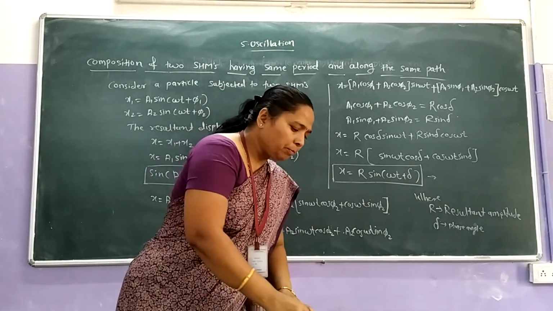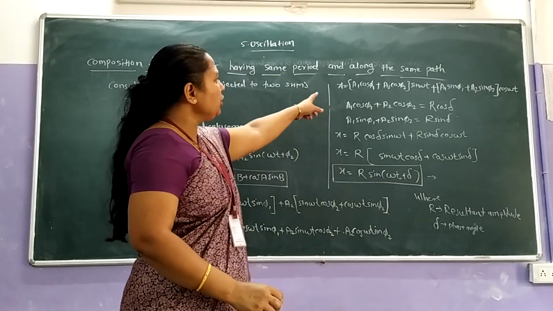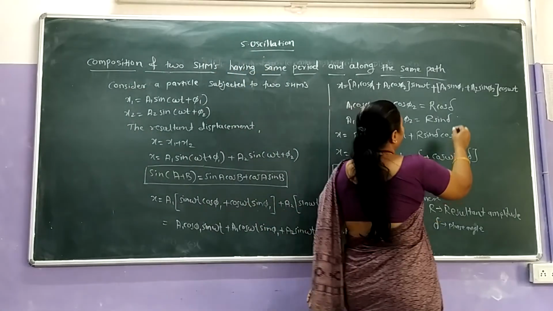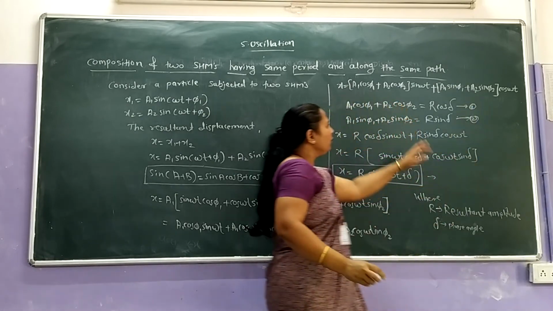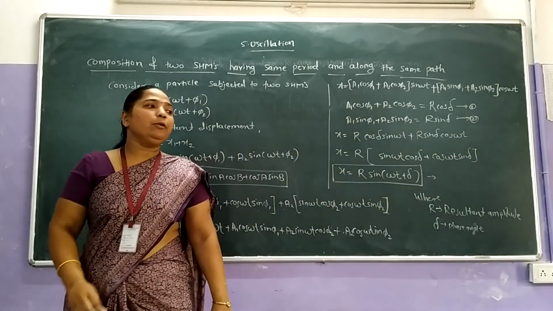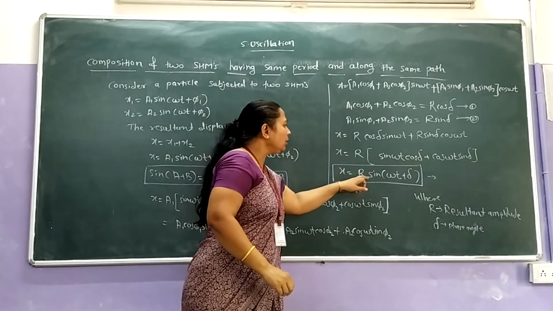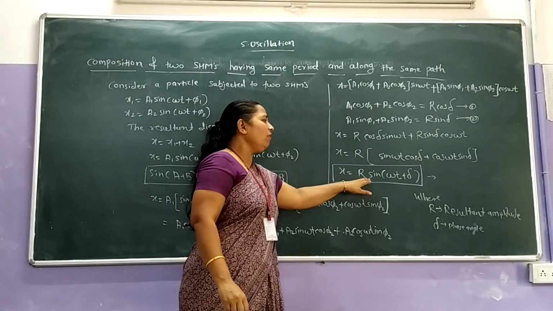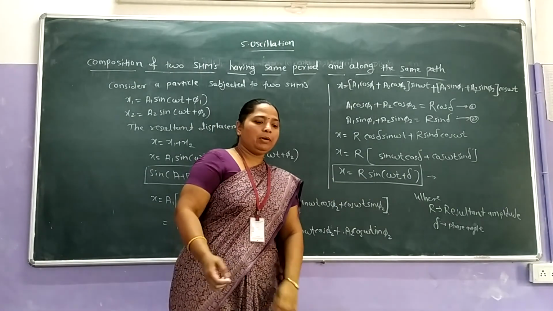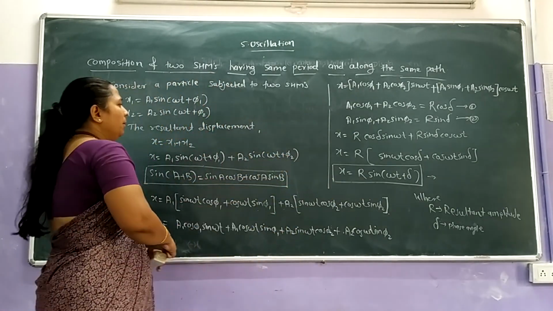By using equation number 1 and equation number 2, those equations can be used to calculate the value of the resultant amplitude. R can be calculated by using that